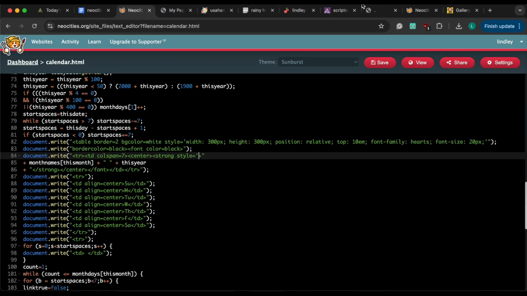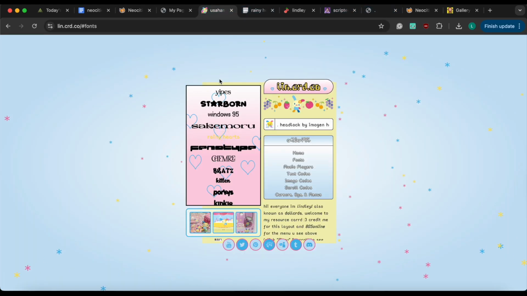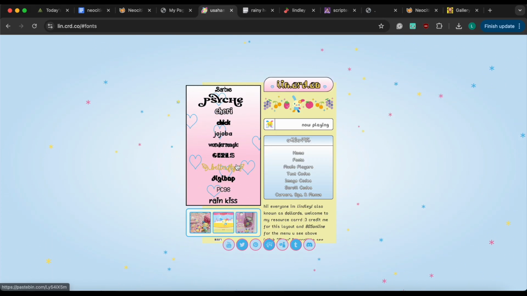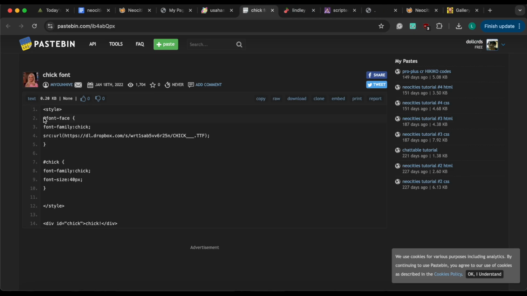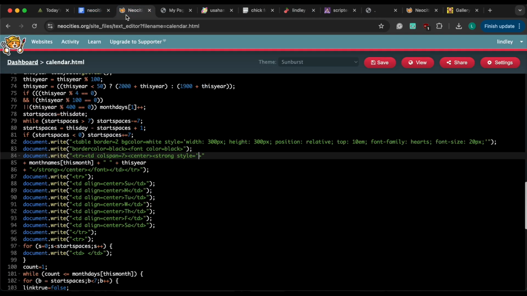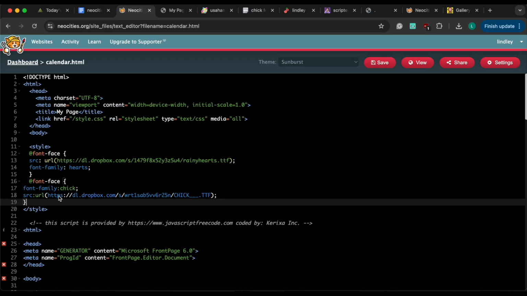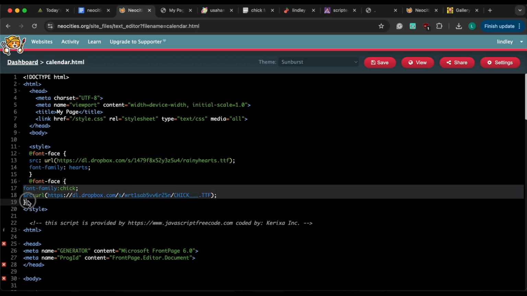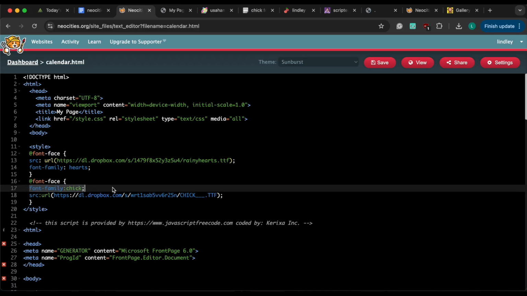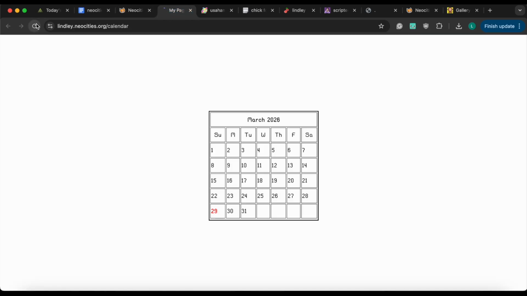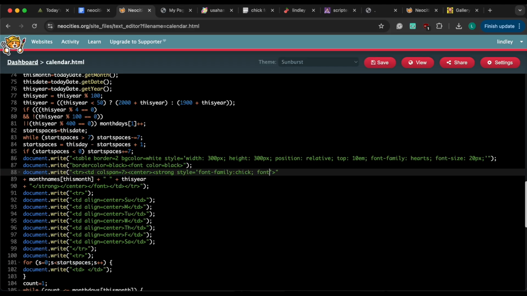So you can change the font. So we are just going to quickly find another font to use. This is the font I used in my calendar, so we're just going to choose this one. So same method that we did before, copying and pasting it within the style divs like this. And we can see the font will now be changed,